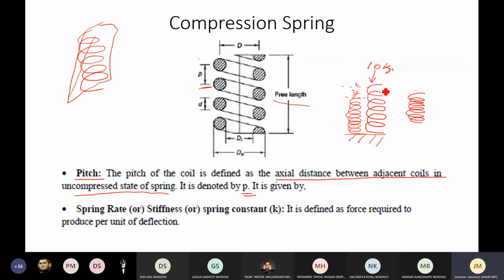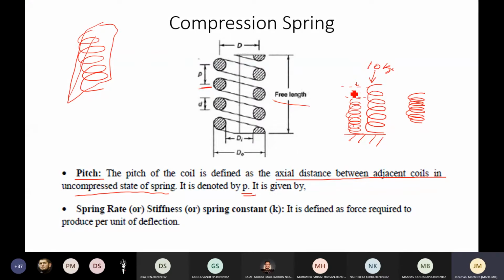Now if you put 10 kilos, Y. If it's a normal helical compression spring without any conical nature, where the diameter is constant throughout, then what will you expect? You put 20 kilos, then the deflection will be double of this. If you put 30 kilos, then the deflection will be triple of this, and so on until it will get compressed until all the coils are going to touch each other. Correct? That means once the coils touch each other, there is no more spring action. It will behave as a solid block or as a solid rod.